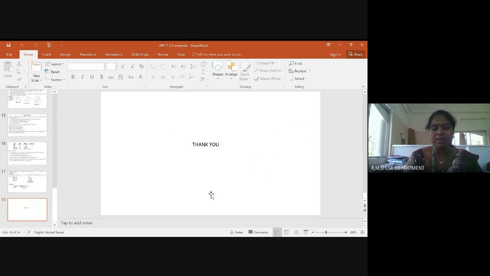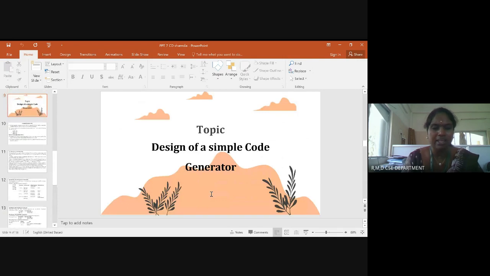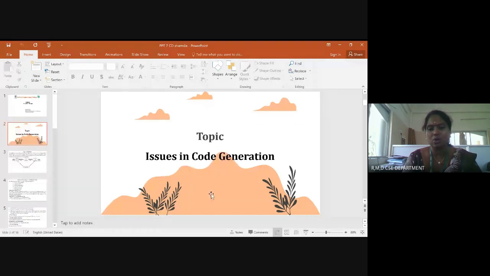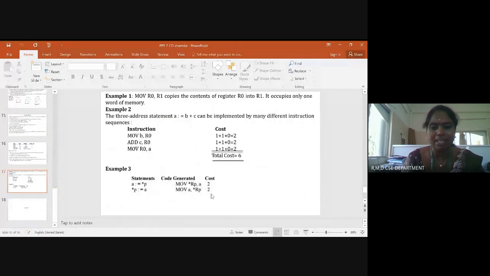In today's video we discussed the directed acyclic graph, how to draw it, and how to design a simple code generator. We also discussed the issues in code generation, the six different issues. Finally, we computed how to calculate the cost of the target machine code. The final phase of the compiler is target code, that is code generation. We discussed the issues in the generated code and how to calculate the cost of each code. I hope you understood this session very well with one good example